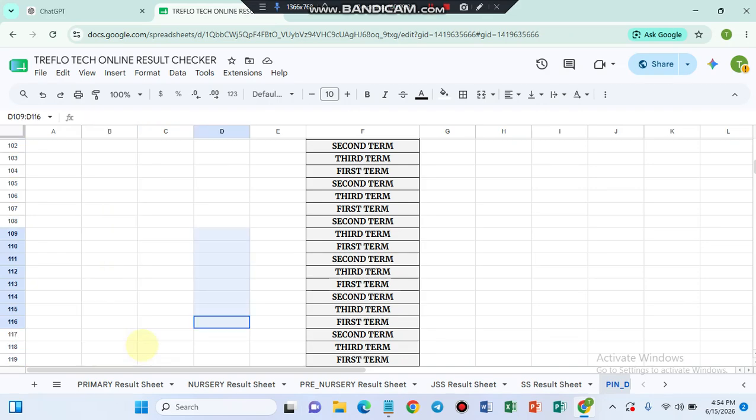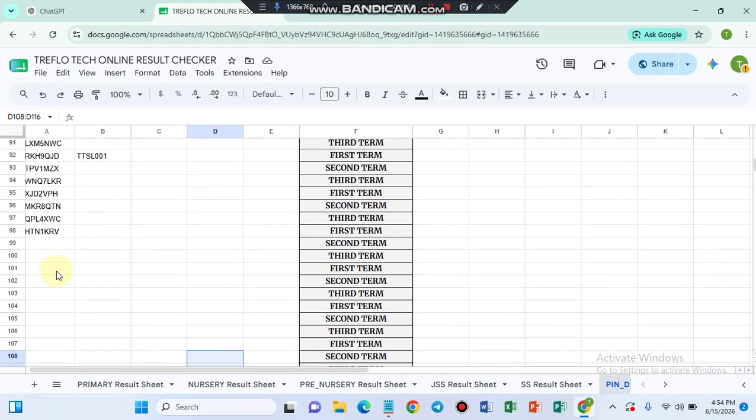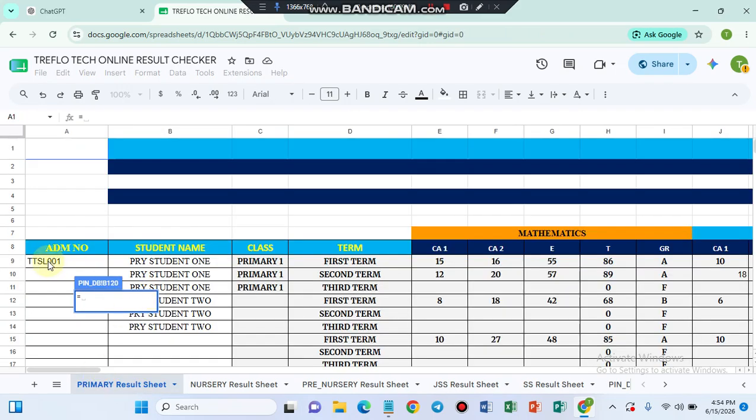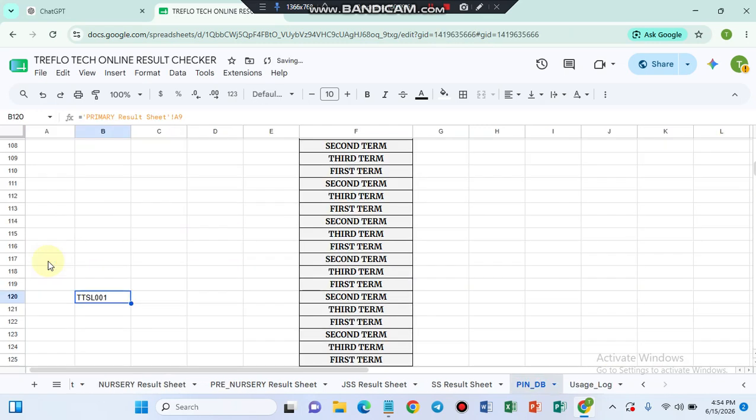So all you have to do for the primary sheet is to, I want to know where this one stopped. Okay, this one stopped here. So I'll just come here and then I'll click on the primary and I'll select for the primary and then I'll drag down. And that was why I said on the primary sheet, ensure next